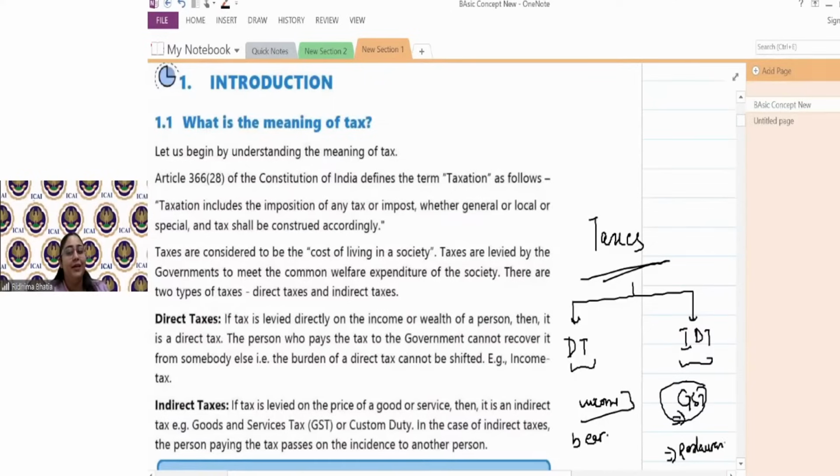So this is called an indirect tax, where the person who pays the tax is different from the person who would deposit it to the government. So indirectly you have paid it to the government. Here directly you are paying it to the government. So that's why it's a direct tax. And indirectly when you pay to the government, it's an indirect tax. Indirect tax is basically on consumption. If you will not consume, generally you will not pay that tax. But direct tax is on income. If you have an income, you have to pay the tax, or generally wealth. Okay?